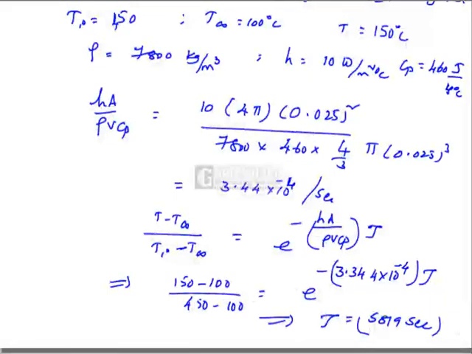Hence the problem. Now I shall solve another problem given in GATE 2005. The problem is given like this. A small copper ball, from the data itself we can guess it is a small ball of very high conducting material, therefore lumped heat capacity analysis is obviously valid, of 5 mm diameter,